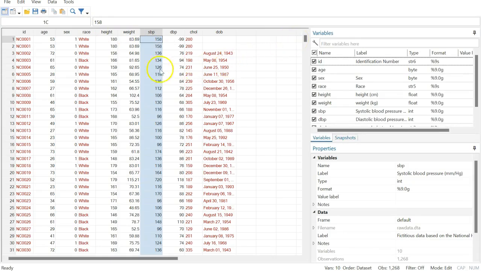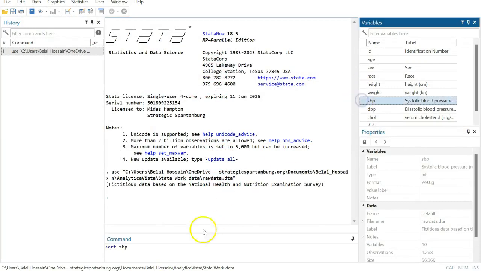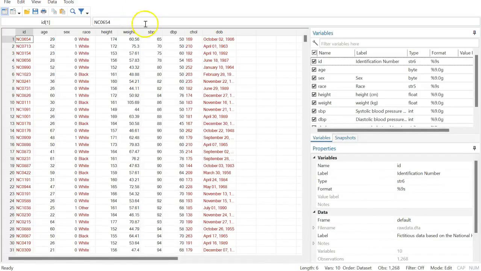It is not sorted right now. You see it's a higher number, then a lower number, then higher, so it's not sorted. So what we're going to do is sort this variable. What sort does is basically put the values in increasing order. Now you see the SBP variable is sorted in increasing order, with the lowest value first, and then it increases